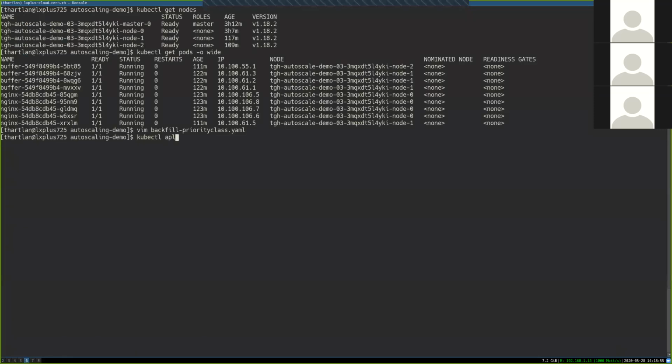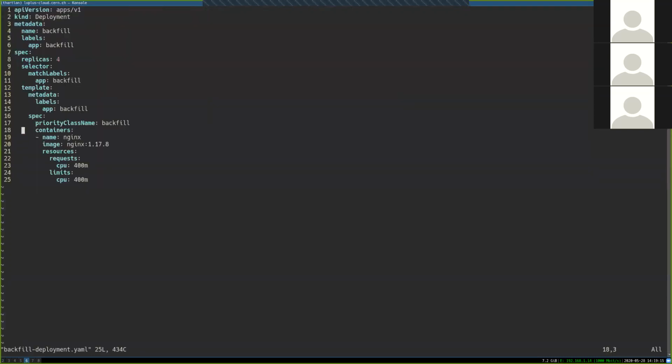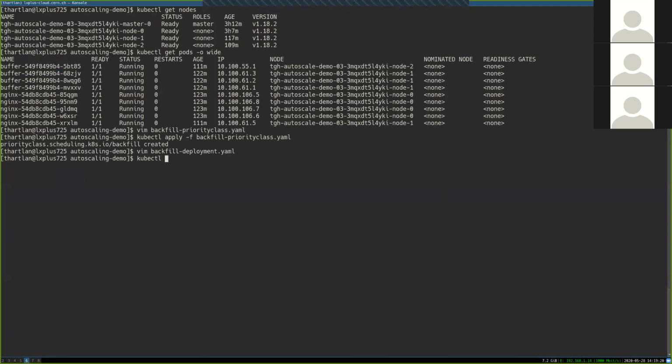Let's apply that priority class. And then we have a deployment, this time using the backfill priority class. When we apply this backfill deployment,